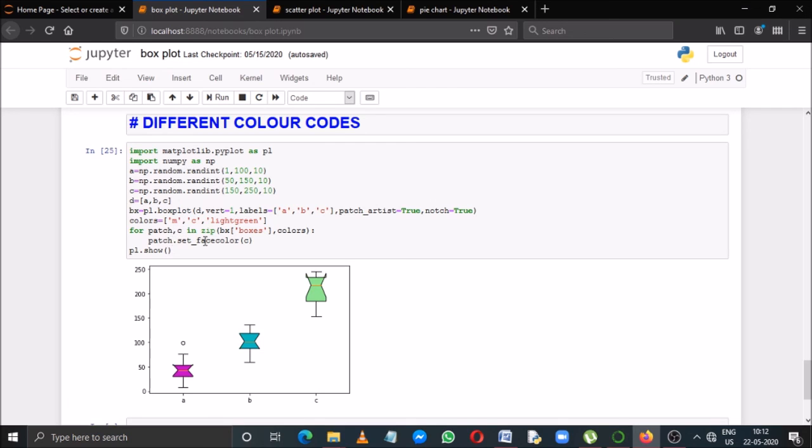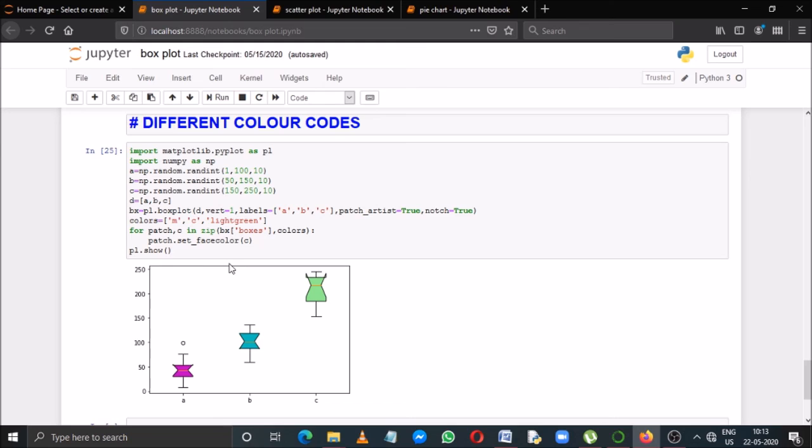Now patch.set_facecolor(c), that means first box set_facecolor, c is magenta. So for the first box the color will become magenta. In the second iteration, the second box will become the value of patch, and for its set_facecolor it will take c as the second value of the list, that is cyan, and like this the third one will become light green.